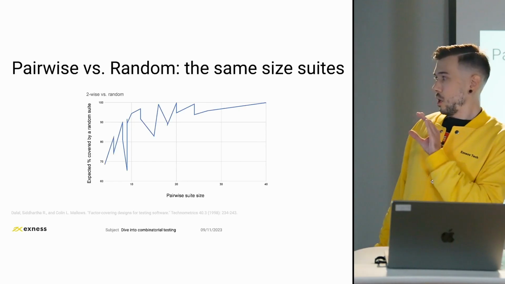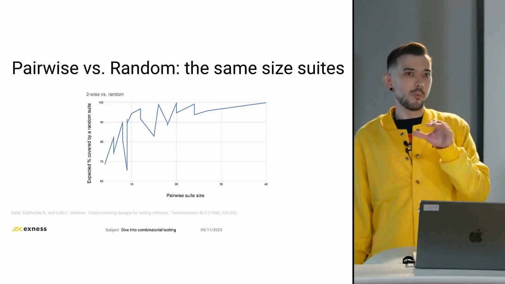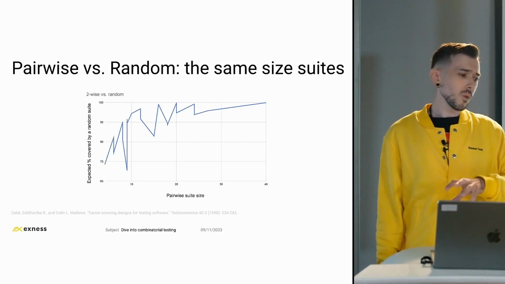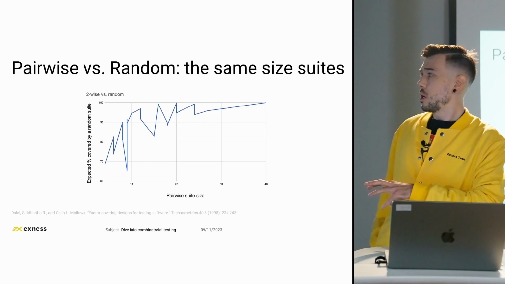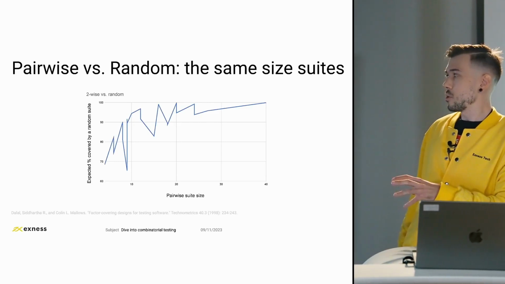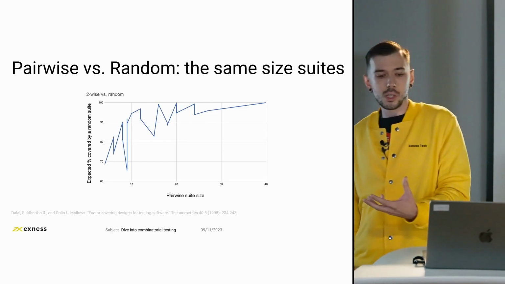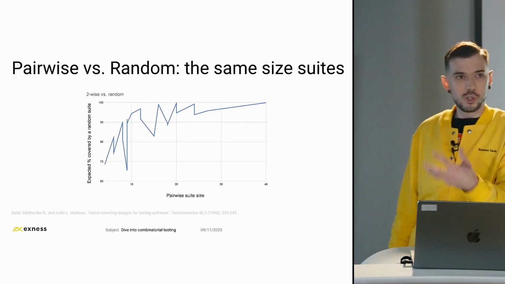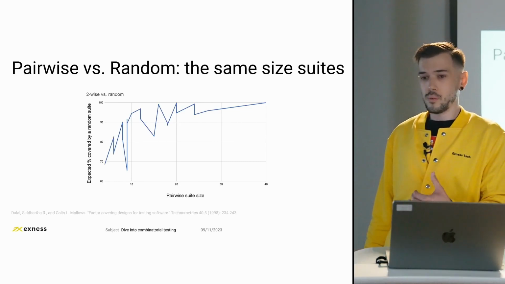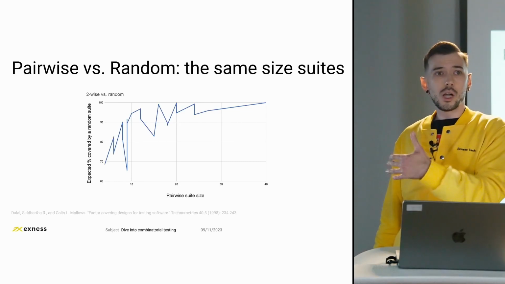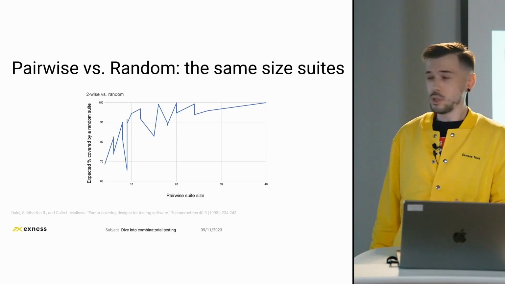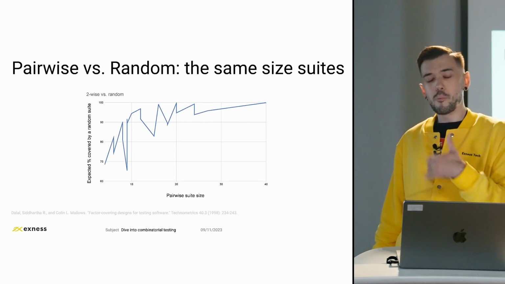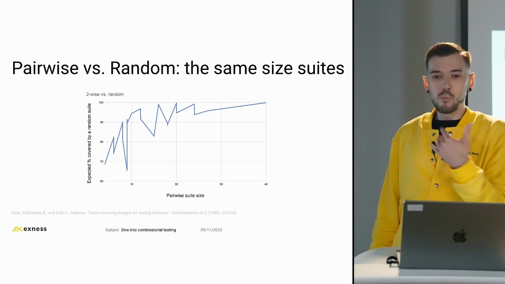First, it almost never gets below the 70% point. At the same time, we see that the line here is unstable. This is because different pairwise algorithms lead us to slightly different results, and thus we cannot rely on a random approach each time. At the same time, we see a kind of trend that the bigger suite we get, the better